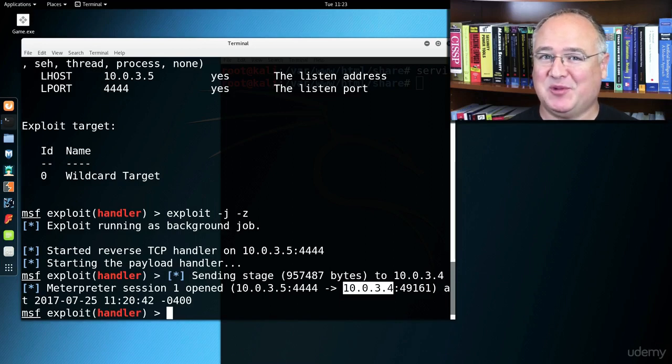So we've run our exploit on a Windows 7 computer, and now the Windows 7 computer is phoning home. You see that we have a session opened from our 10.0.3.4, that is my Windows 7 virtual machine. So I'm going to set up an interactive session. I'm actually going to set up a shell using that interpreter, and I'm going to say sessions